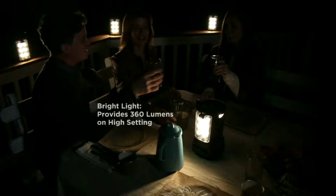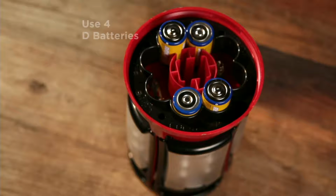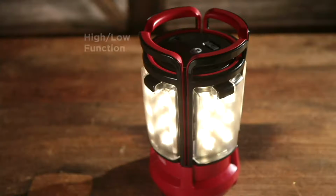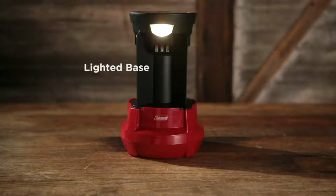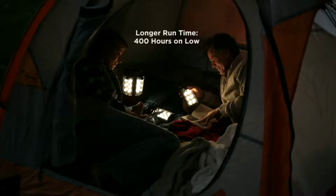There are so many things to tell you about our Coleman Quad 4. First time we've ever done it as a today's special value, and it's going to be so different than even our most beloved Coleman lanterns that we've brought you before, including brand new features. You see some of them here, including that water and impact resistant. We will do the entire tour, but when you see how this gives you light like never before, longer run